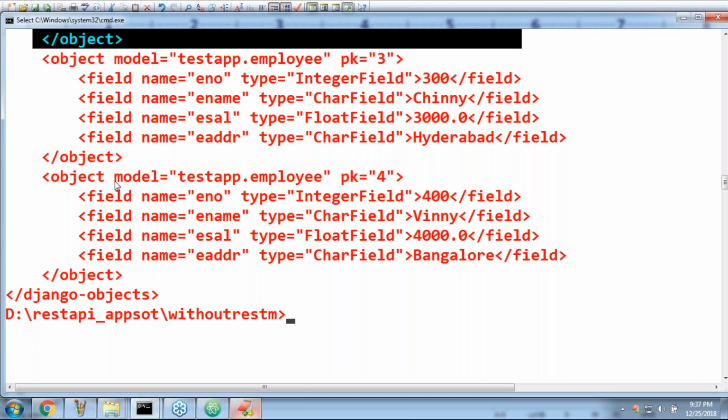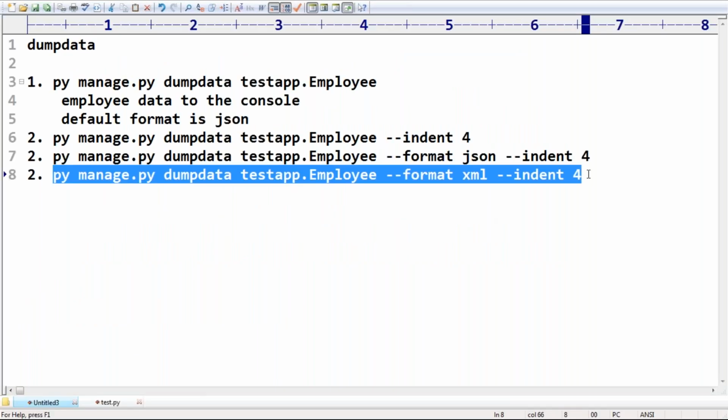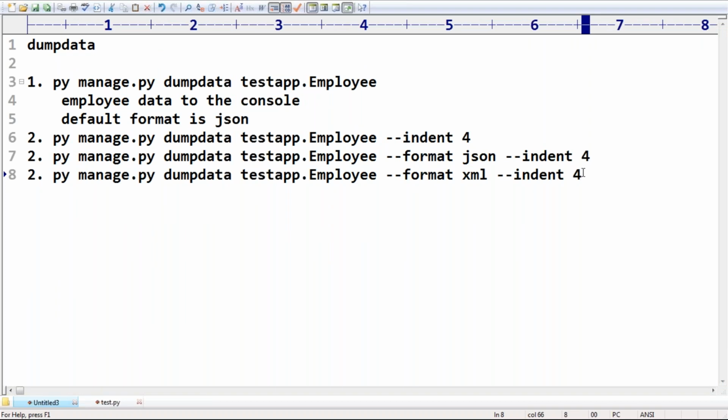Now my requirement is, I want to save this to a file. Even that facility is also there with this dumpdata option. If you want, you can save to a file also. What is the way?